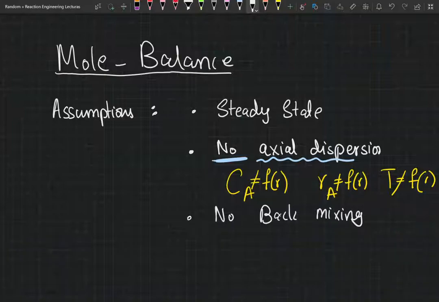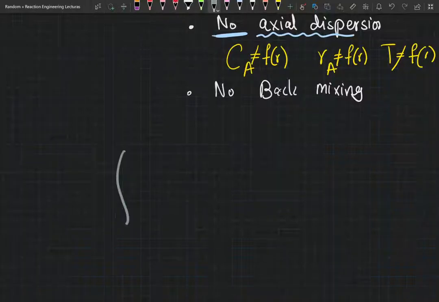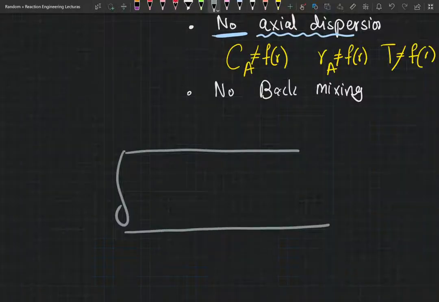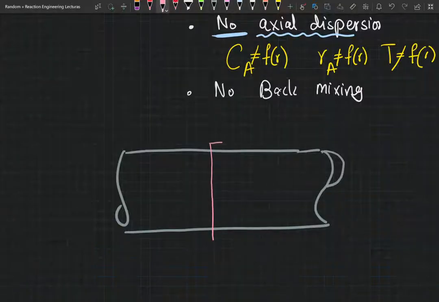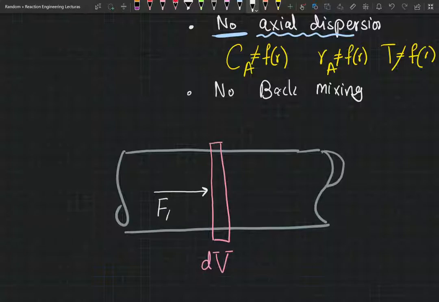So let's derive our mole balance, shall we? I'm gonna take the entire tube, but obviously it's not feasible to write the balance on the entire tube. Therefore, we're gonna do a very simple shell balance. I'm gonna take a small differential volume of size dV, and there is reactant coming in. It's entering your differential volume, and it is leaving